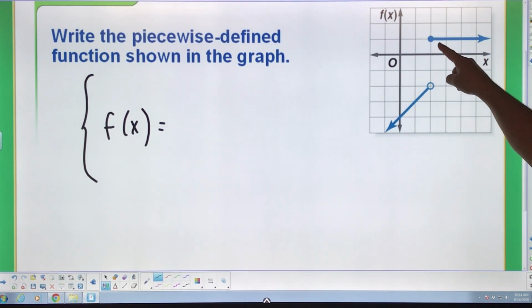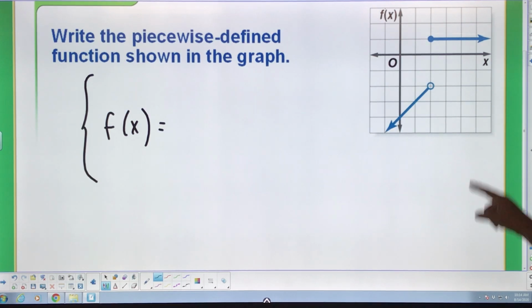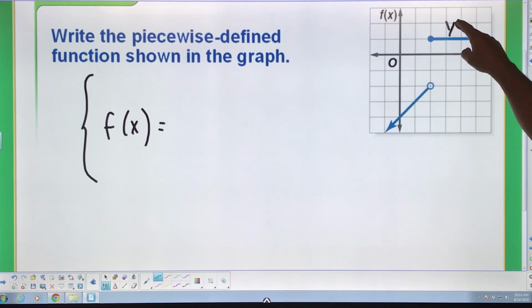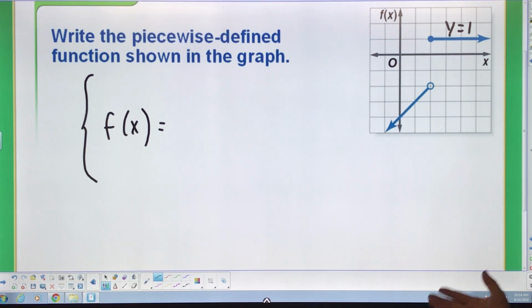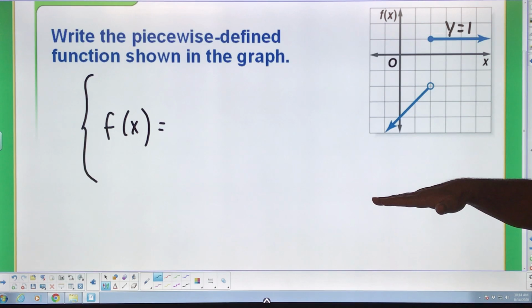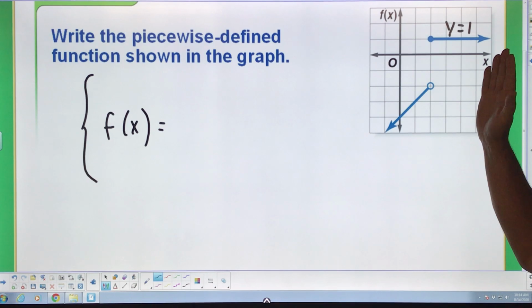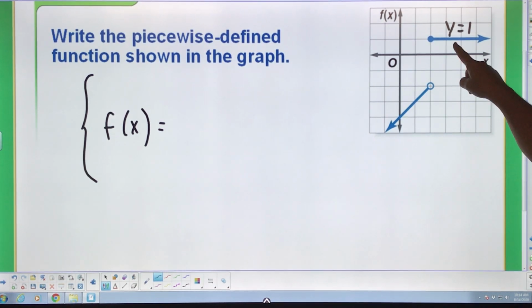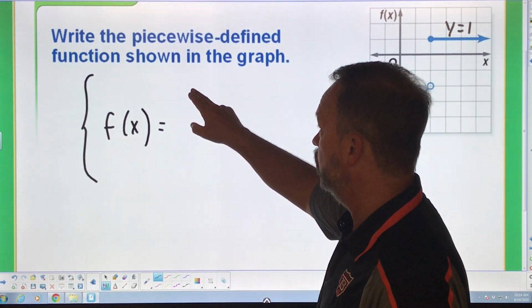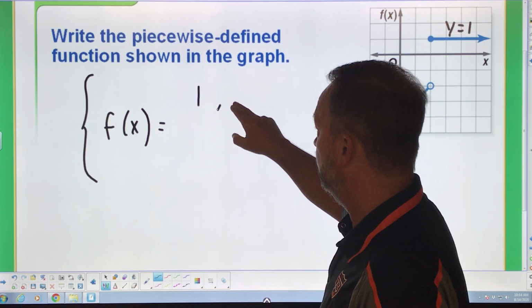This graph is y = 1. Now you should know that. Horizontal's y equal, vertical's x equal. It's not because you memorized it, but you can see every point has a y of 1 in this problem. The x can change. It can be 2, it can be 3, it can be 3.5, whatever. But the y is up 1, up 1, up 1, up 1. So y is 1. So that's what we're going to say. F of x equal 1 for,